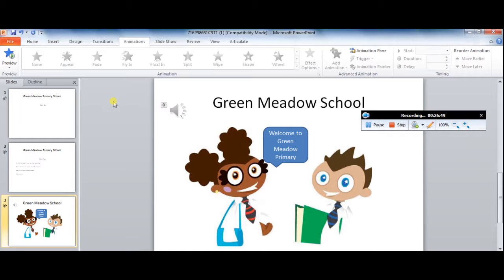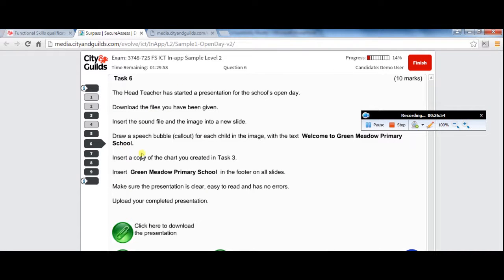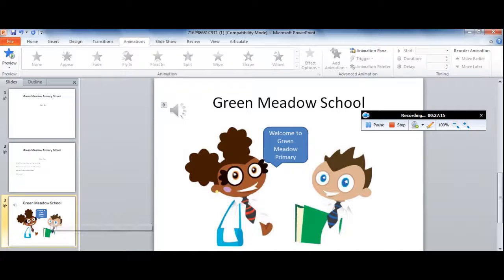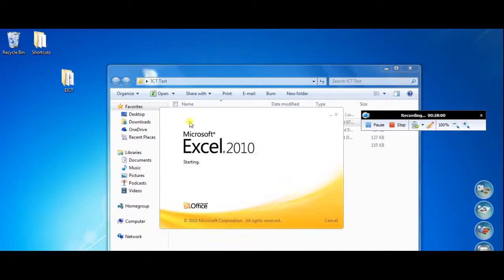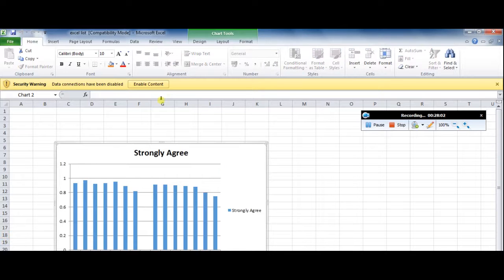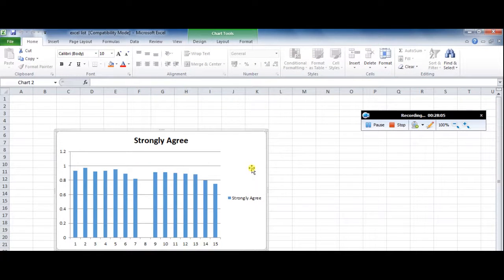Okay. So if you were able to do those things, oh, there's one thing else. We have to add our charts. I think this is an error. I think this should actually say task 5, because we didn't do a chart in task 3. So I think this would actually be task 5. So let's just copy and paste our chart. So our chart, we did file, my Excel list I saved into my folder, and all they want us to copy this chart